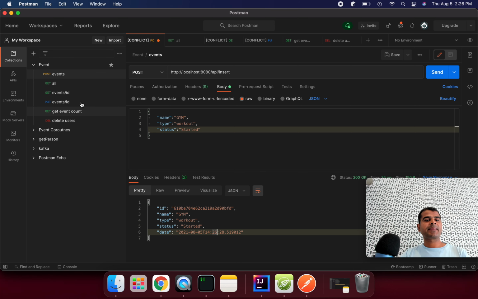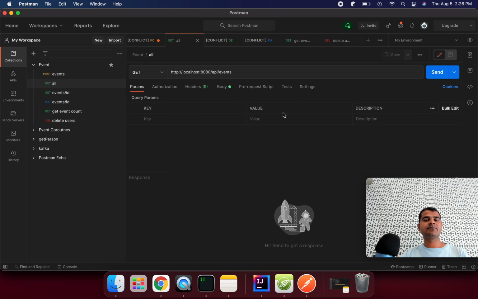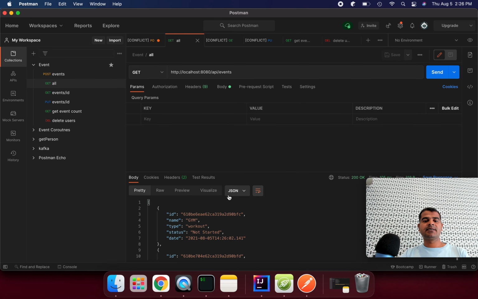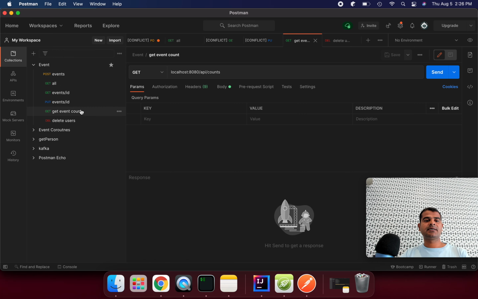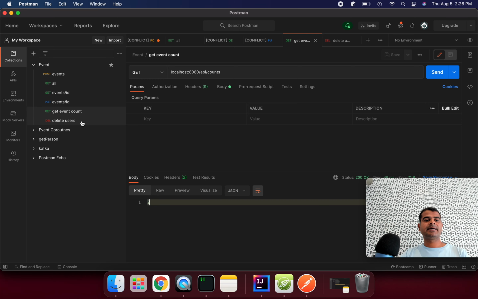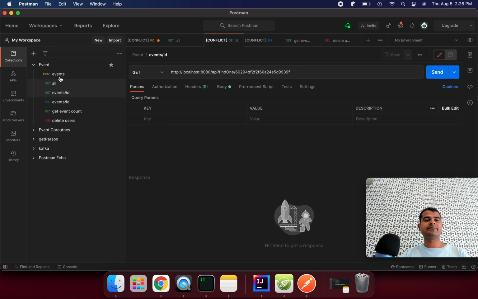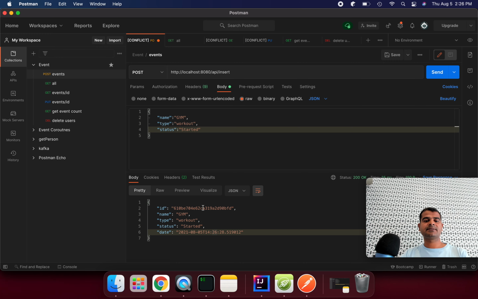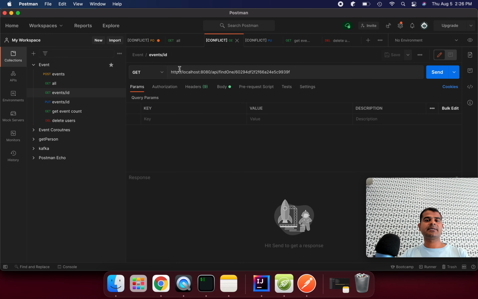Okay. And if you want to fetch all the events, how many events you participated, you can see 2 events coming out, and we can get the event count, how many events, 2, right? And if you want to fetch that particular event, suppose I wanted to get this event data, I can use the event id here, the latest event id.